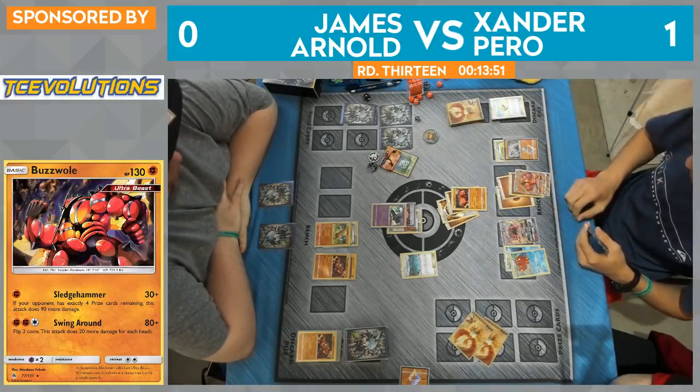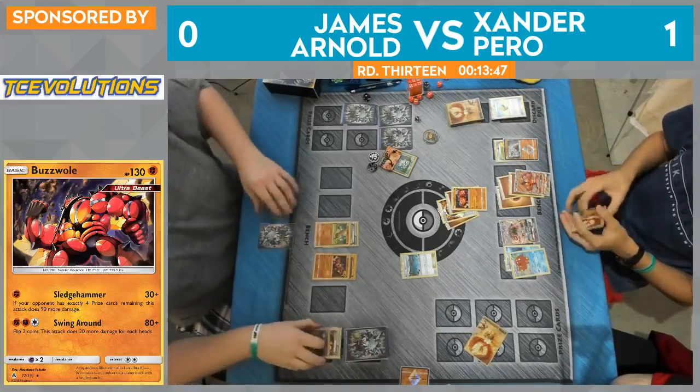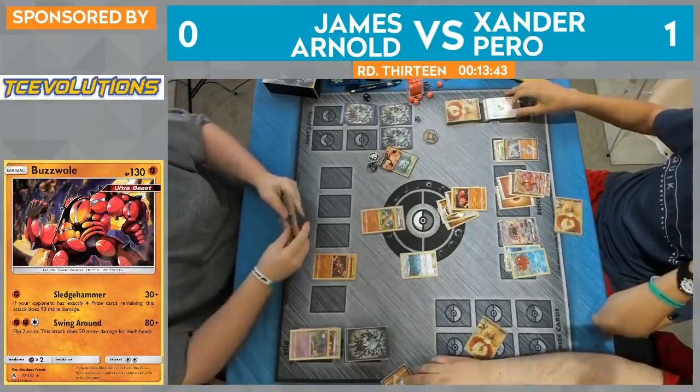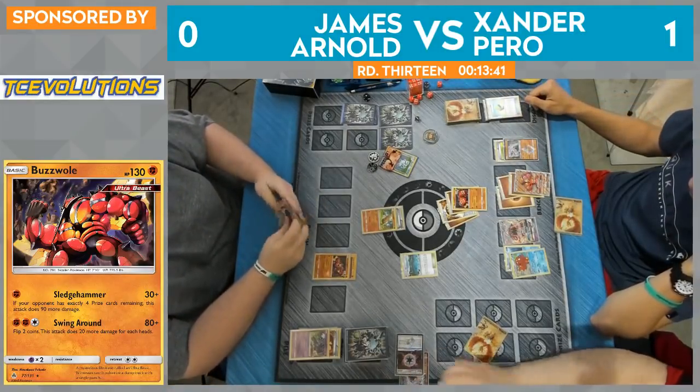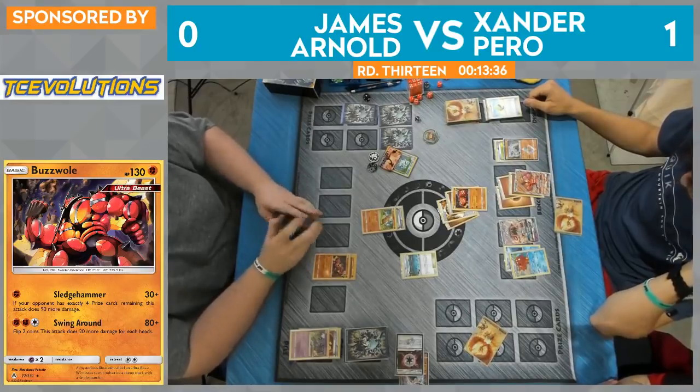So he would, if he wanted to knock out this baby Buzzwole with the Guzma, would need to flip 1 heads on Swing Around. So he's just going to take the safe route, take the knockout on Oricorio, make sure he doesn't go double tails. Like we saw that happen to James in the last game, flipping double tails on a Swing Around. Yeah, and James,